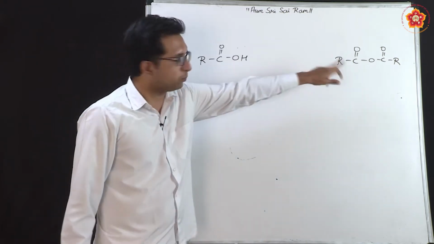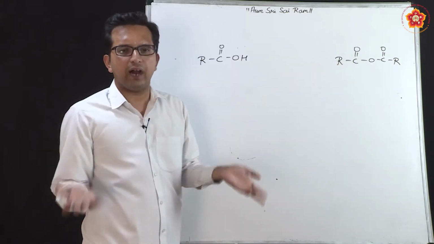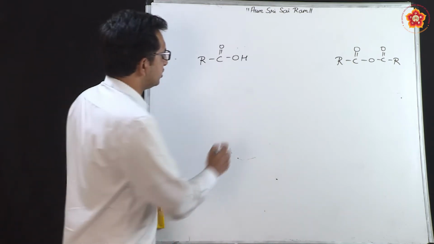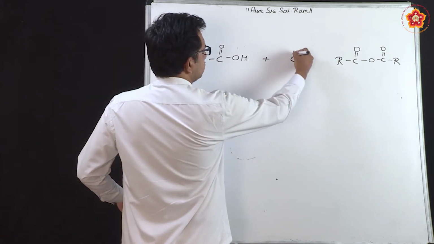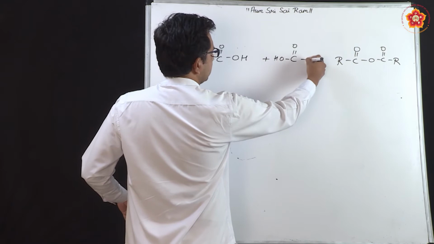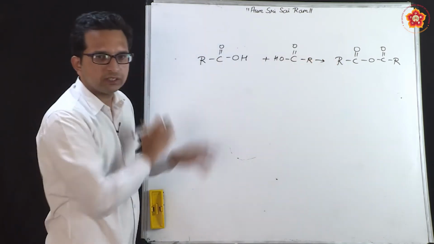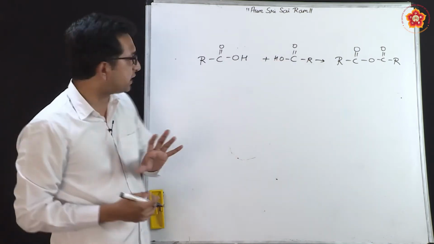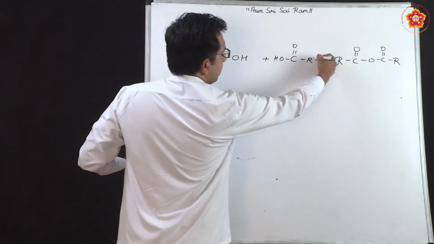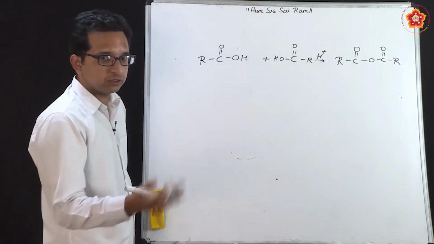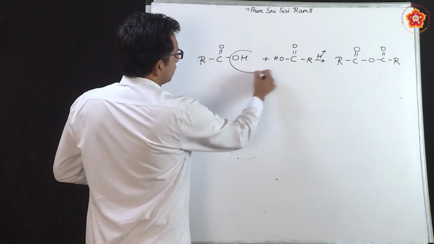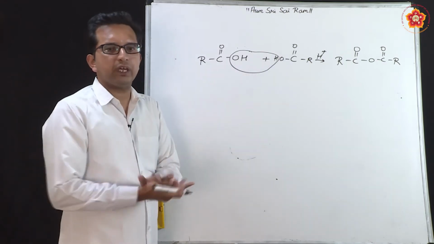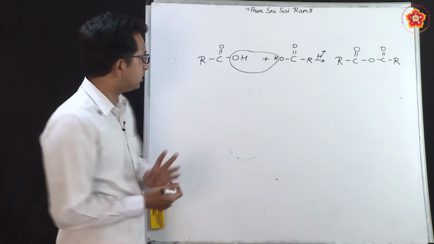In this case I have used both as R. You can also use R and R dash, which indicates that they may be different. Here, believing that they are the same, I am using one general formulation, where let me use another molecule of the same carboxylic acid, RCOOH. I have just flipped it around and written it. This is because I need you to understand that when a reaction between these two happens in the presence of acid or a phosphorus oxide molecule, a water molecule is removed from this. OH and H, any one molecule may give out OH, the other molecule may give out H. So, therefore, what happens here is